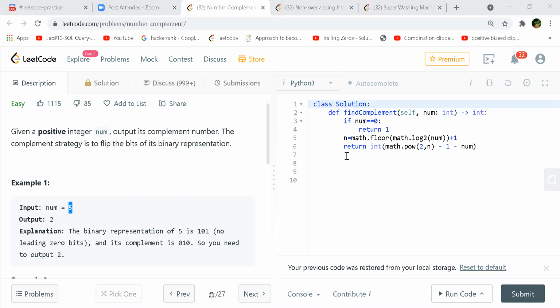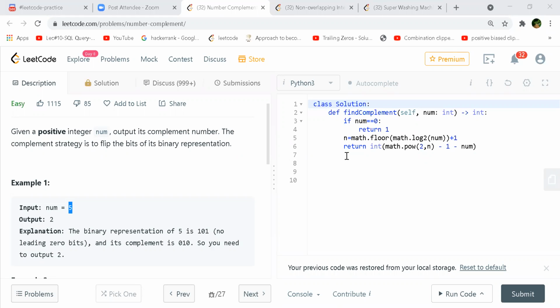But the way you are doing it is slightly different, right? You actually subtract 1 and then minus num, the given number. You don't do the complement directly. So this is a complement only, like minus 1, and then you... yeah, that's right. One and the same, because we have that tilde function, right? So you are taking 2 to the power and subtracting the number from that, right?